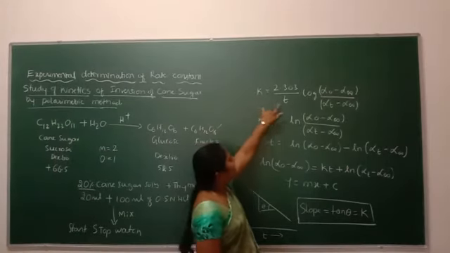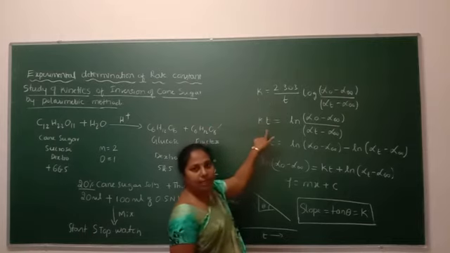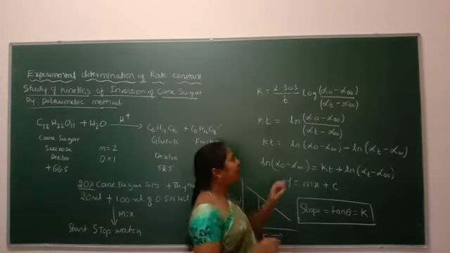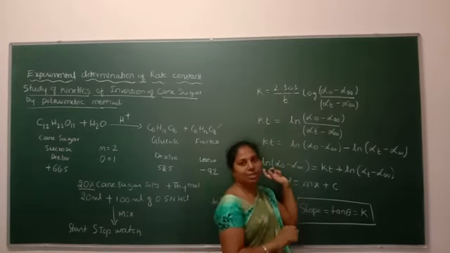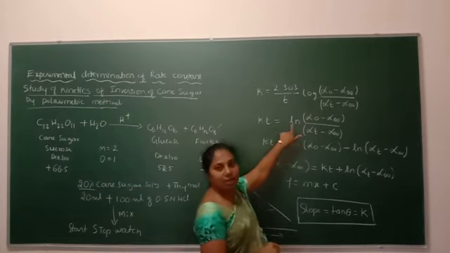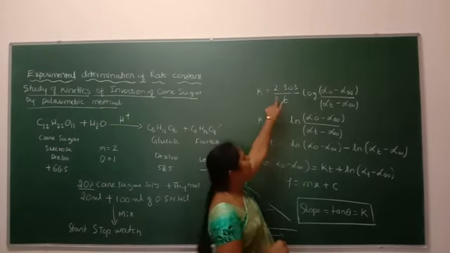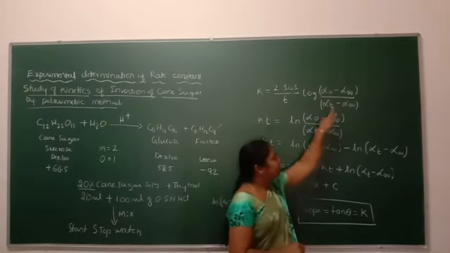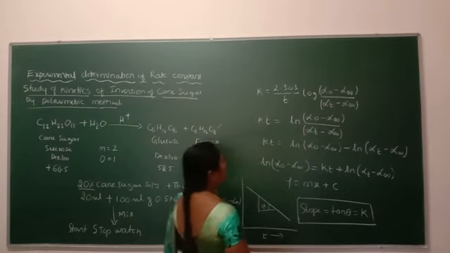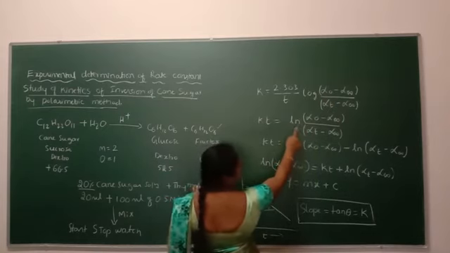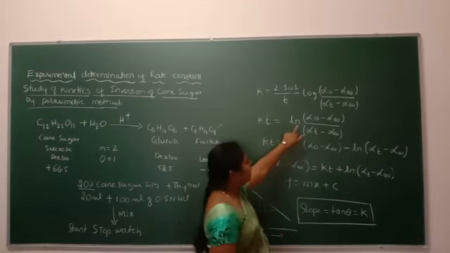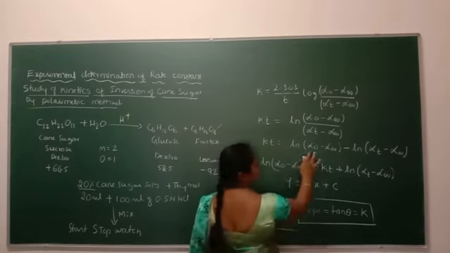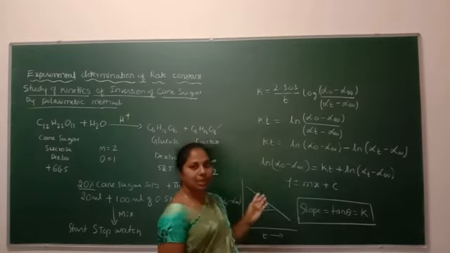After cross multiplication we are going to get Kt on the left side, and to remove this 2.303 we have to convert log to base 10 into log to base e. So then we will write ln, that is log to base e, removing 2.303. That is, ln of alpha naught minus alpha infinity remains as it is, the numerator and also the denominator. Next, we will split this on the right side, so that this log a by b form is split into log a minus log b form, that is, ln a minus ln b.